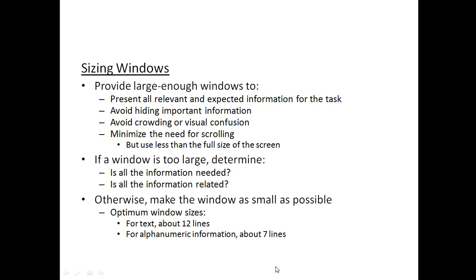If you have alphanumeric information, you will get windows with 7, 13 and 19 lines, and most of the time the 7 line window is the preferred one.